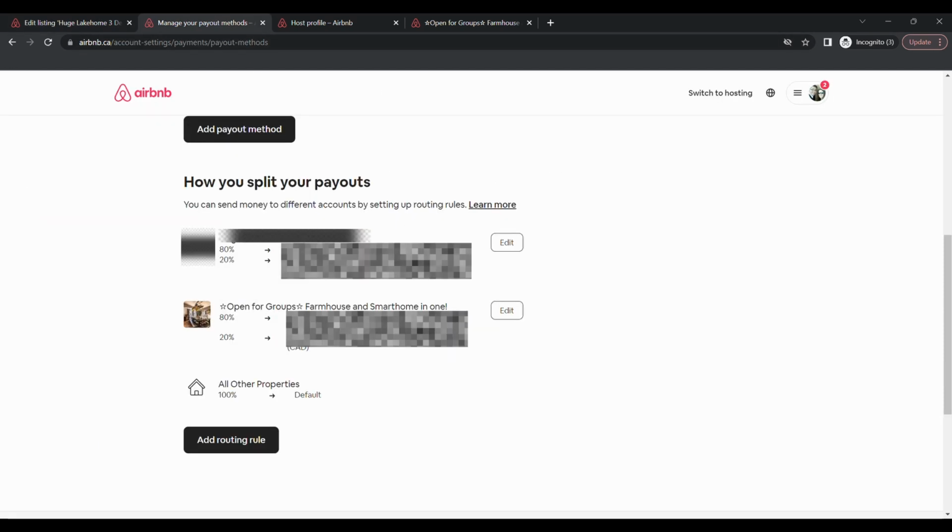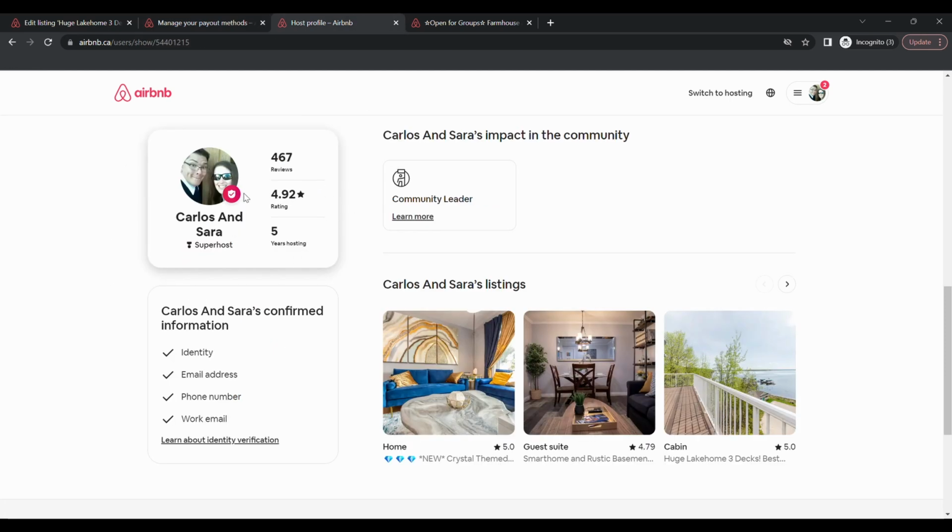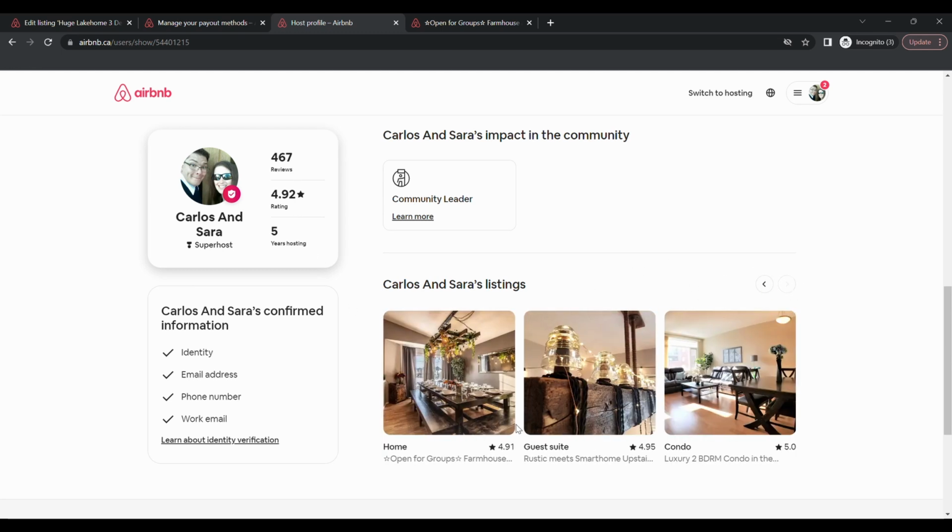From there, if you're ever wanting to get into co-hosting, you'll set it up so you have different payout splits. I was asked about co-hosting. I have a couple of people that I co-host for, and there are two strategies. The first is that you can have it on your own profile. If you look at my admin profile, this one looks really good. It has a ton of reviews, and any bookings we put onto this account will instantly get a boost in the algorithm. It helps them stand out quickly, and you're already tied to a superhost account.